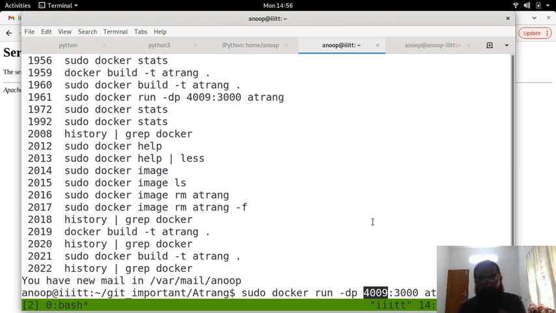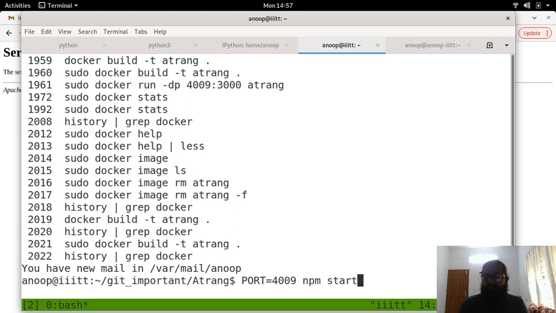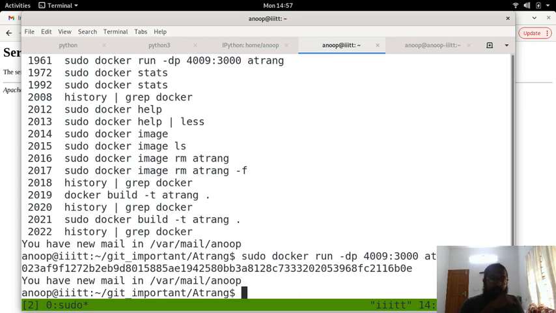And now if I run this command, earlier I was running it through PORT=4009 npm start. You guys saw that, right? So let me show you that once again. Yeah, it was running through this command, PORT=4009 npm start. So after I fixed the npm issues on the server, now if I have to run it on Docker, the port number 4009 which my Athrang website is looking for needs to be mapped to the Docker container's port number 3000. So now there is a mapping, again a wiring that is happening here.